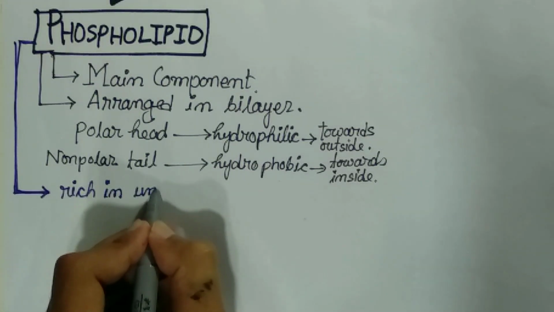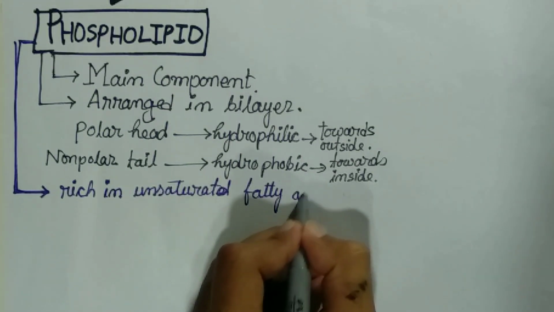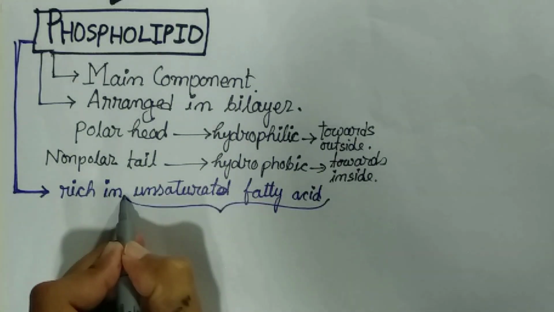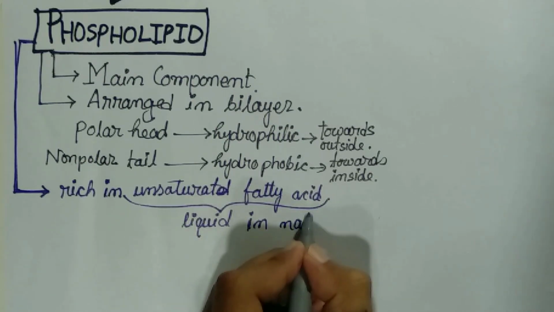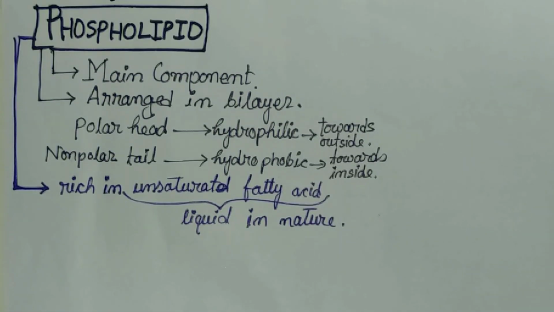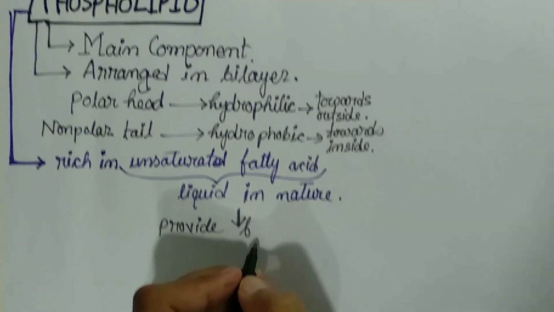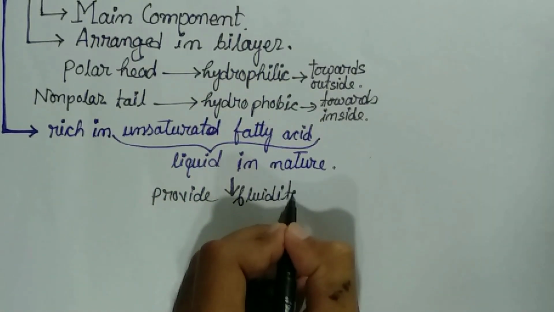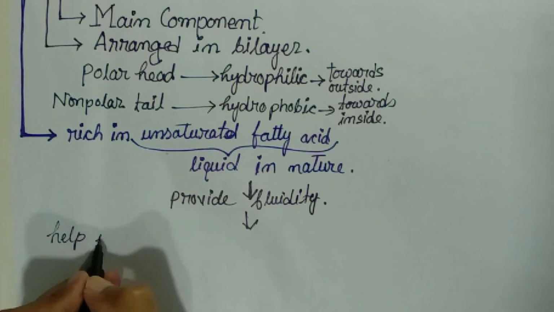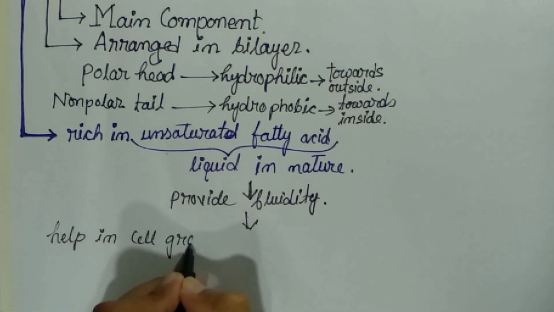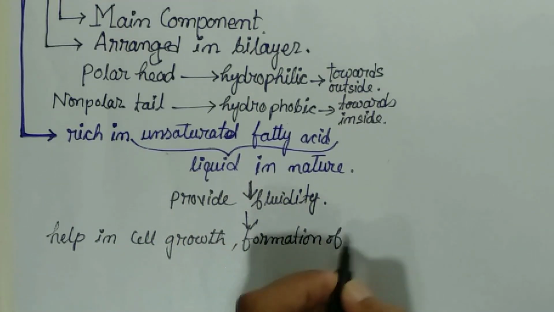Now we find that the phospholipid is rich in unsaturated fatty acid, which is liquid in nature. So this provides fluidity to the phospholipid, which helps in cell growth, formation of intercellular junctions,